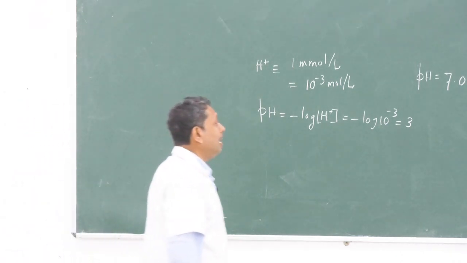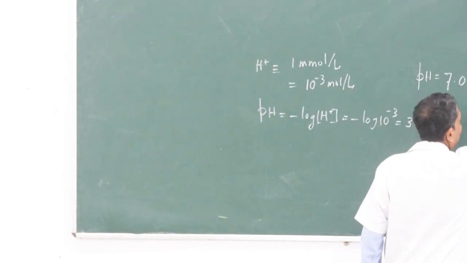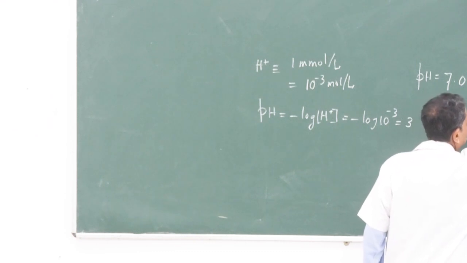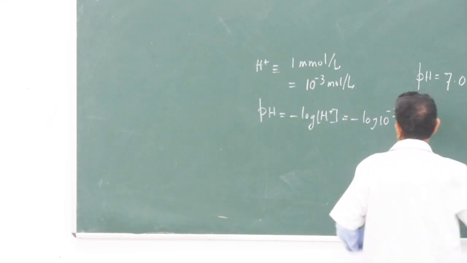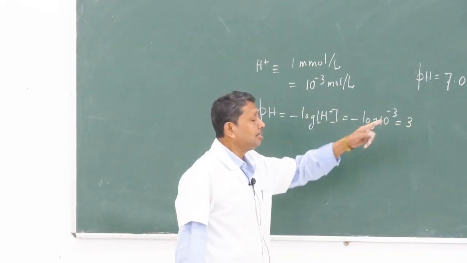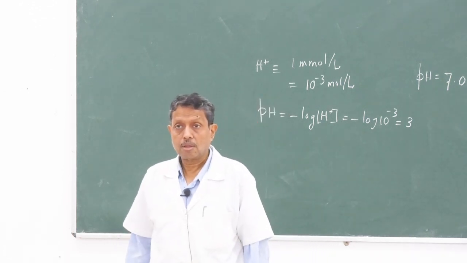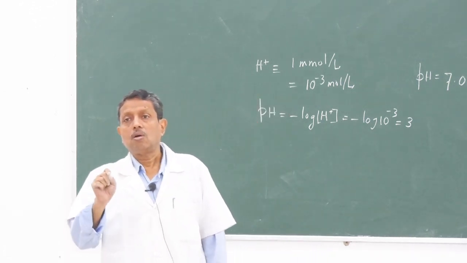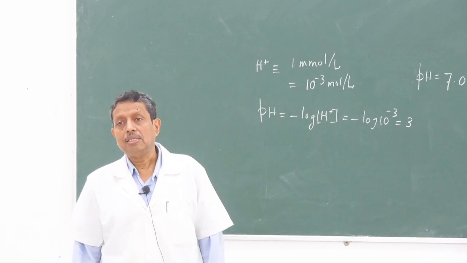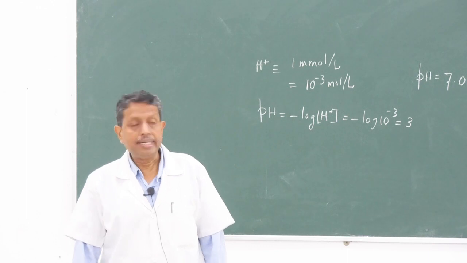If they are both present as 2 millimole per liter, and 1 millimole of strong acid is added to a liter of this buffer solution, then